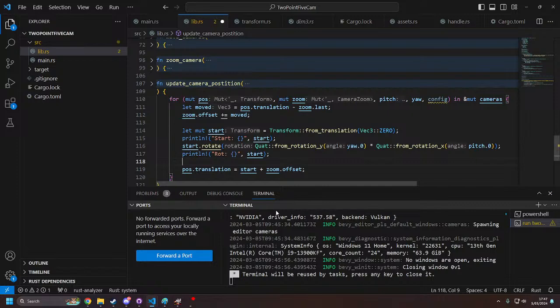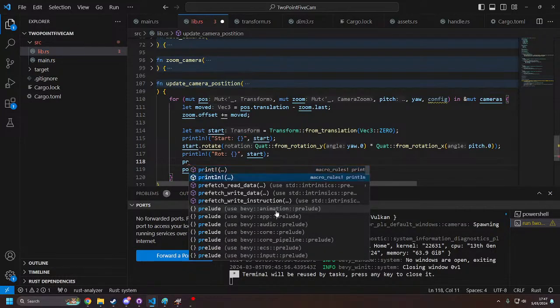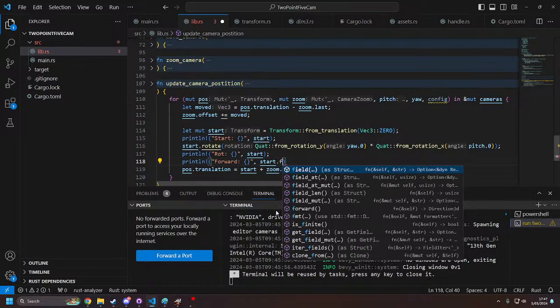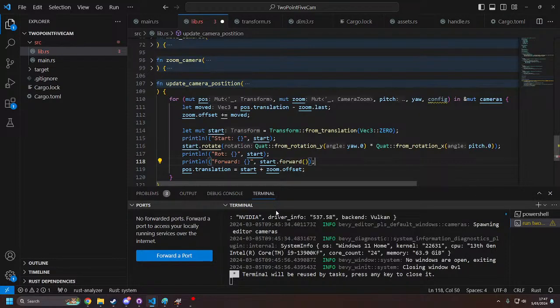So we start at 0, 0, we rotate 0, 0, then we're going to say print line forward, which is going to be start dot forward, right? And then I guess we just kind of hope that that number's not